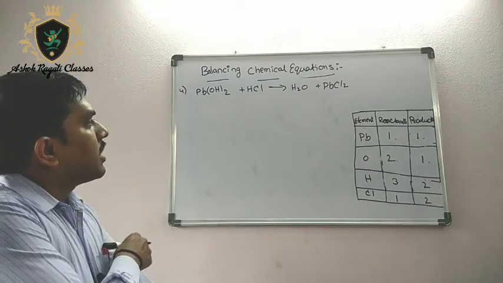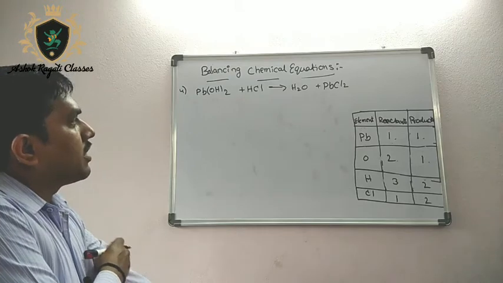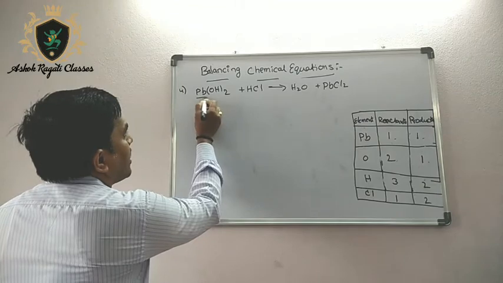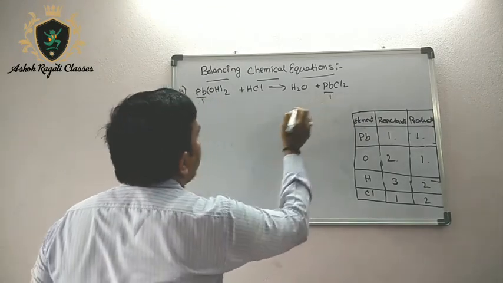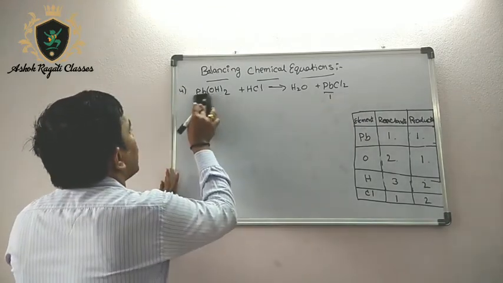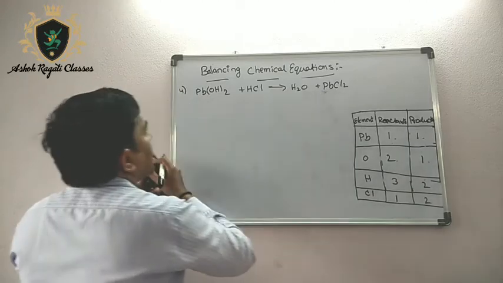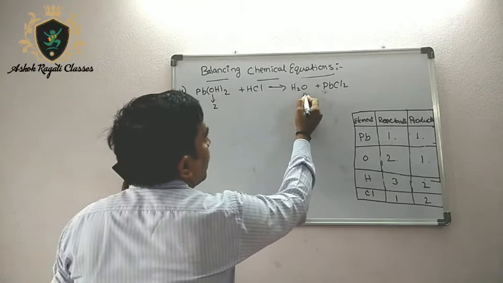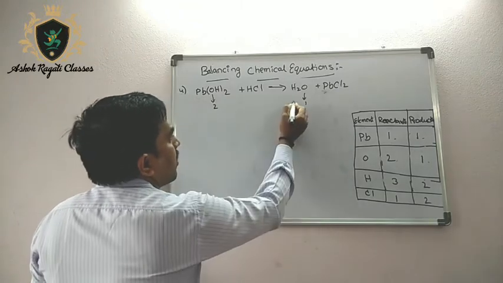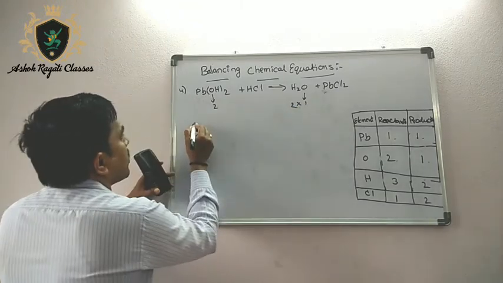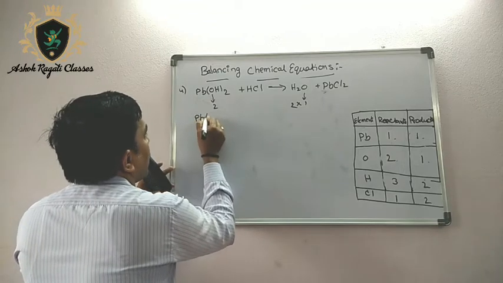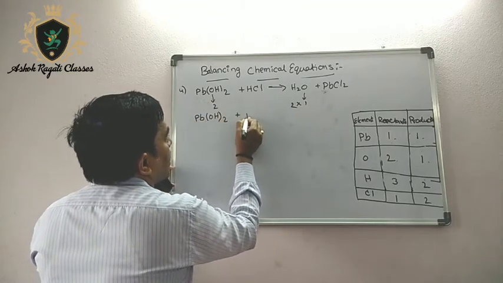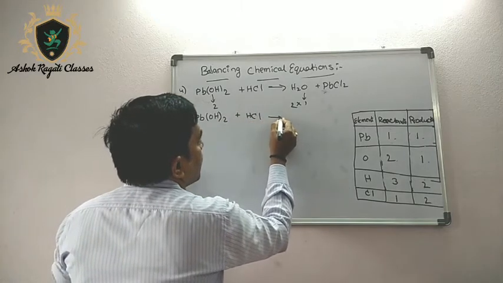So let us try to balance this equation. Check it once. First Pb is 1 and 1, so already balanced. There is no need to go for it. Go for the next element. Oxygens are 2 into 1, 2 here. Now oxygen only 1 here. Multiply with 2. So Pb(OH)2 plus HCl gives rise to